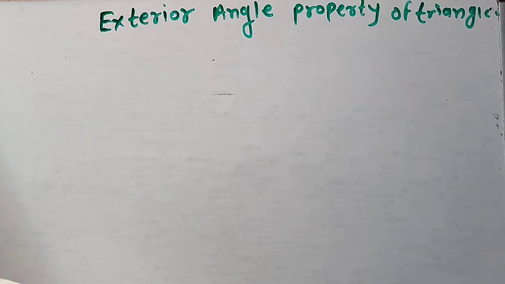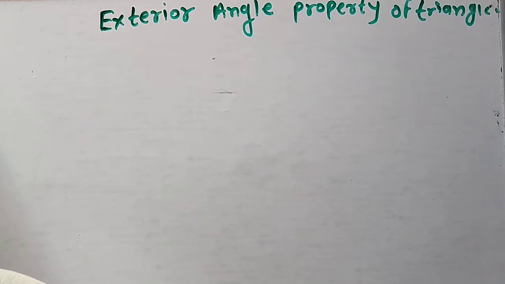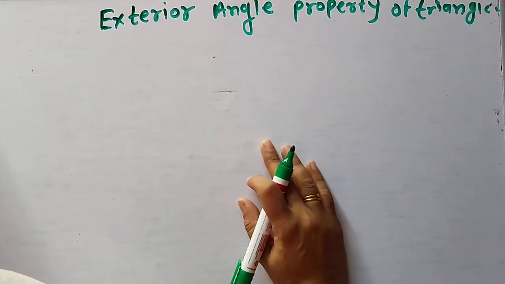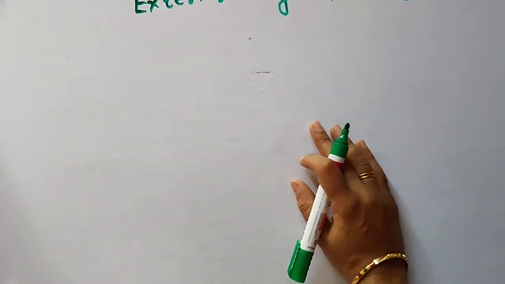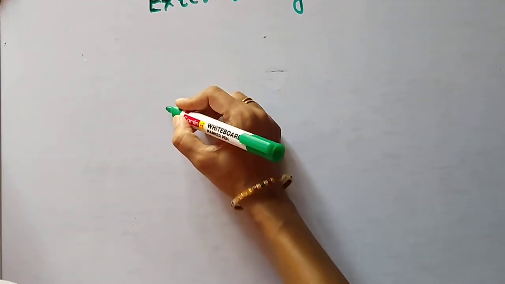Good morning, students. Now we shall see the next part of this chapter, that is the exterior angle of a triangle and its property. First we see the exterior angle of a triangle. So, exterior angle means, see, suppose this is your